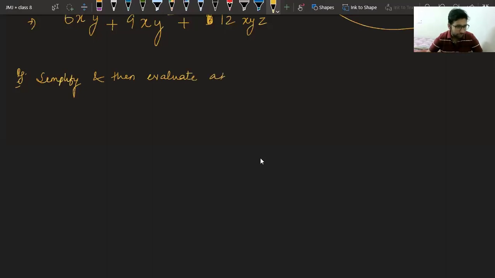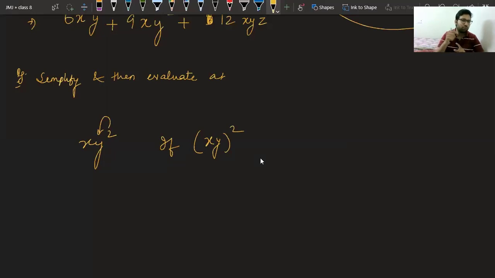Sir, xy square will mean the square of xy both. No, Soham. If it is xy square, it means the square is of y only. If it is xy in bracket square, in that case it means it is for both of them. Okay, Soham? If the square is coming only on y, it is of y. But if a bracket is coming, then that means it is for both of them, because we say whole square. Here we say only square, there we say whole square. Is it clear to you now, Soham? Please tell fast. Soham.